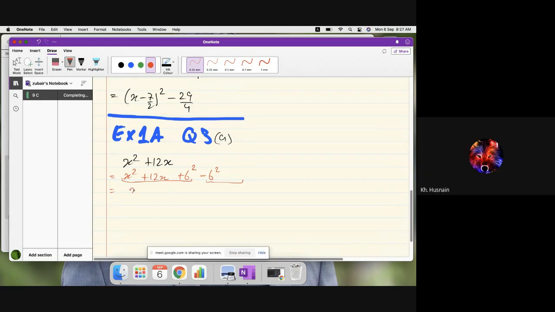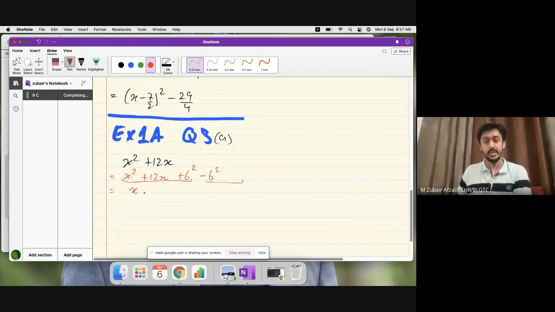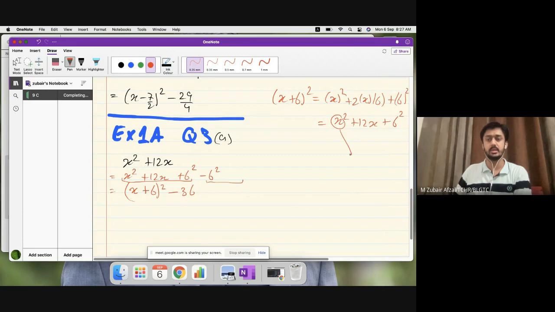x square plus 6 square. That is only x, then the positive sign, then 6 and whole square, right? Minus 36. I'll expand this again. x plus 6 whole square is a square plus 2ab plus b square. So x square plus 12x plus 6 square. So what do we copy? x. Then we copy the positive sign. Then we copy the number 6